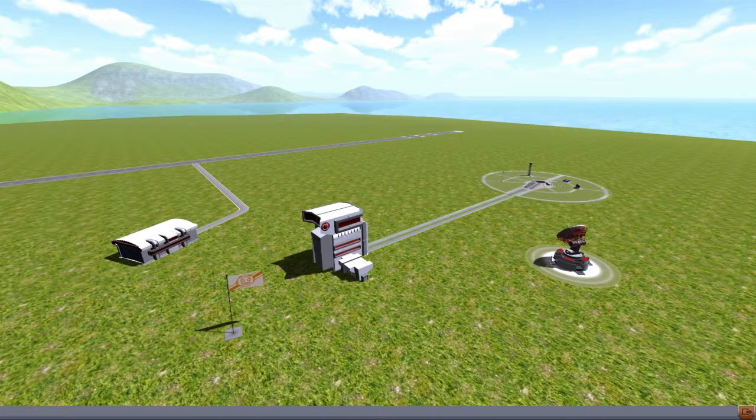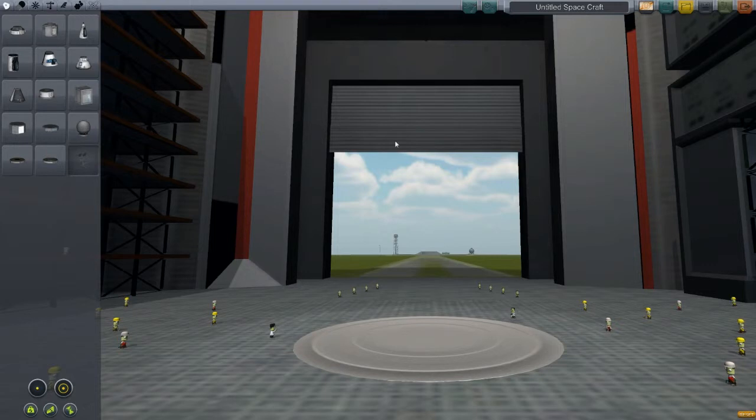It would make sense if it was only the tracking station, because that's like the main tracking station. Wow, I could not think of a better way to say that. But yeah, it's like the central location for all the scientific data and all that. I don't know. Whatever. Let's jump into the VAB here, because